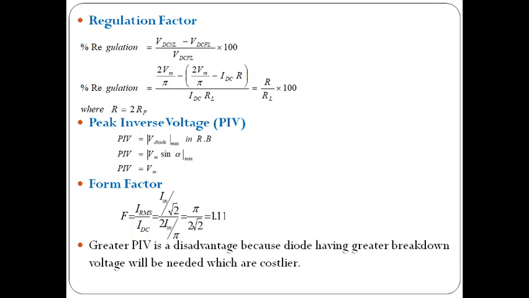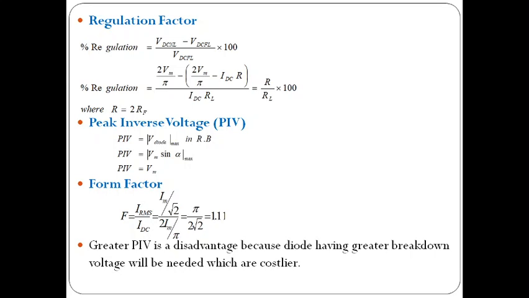So the diode can work up to Vm voltage. That means the rating of the diode is very small, so the cost of the diode is also very small. This peak inverse voltage is the disadvantage of our center tapped full wave rectifier, because it is 2 Vm, a high value. Now this peak inverse voltage is reduced to Vm, so this is the advantage of our bridge rectifier.